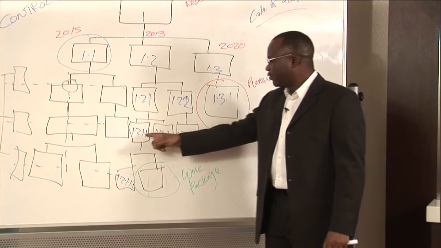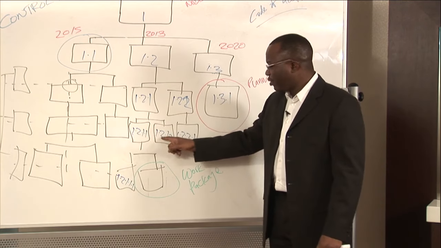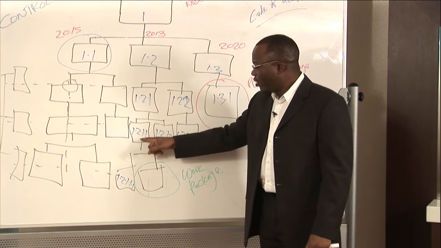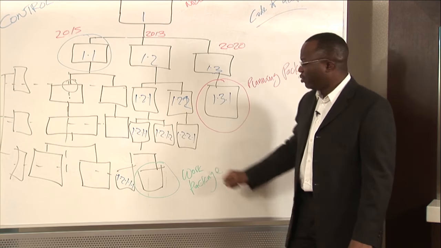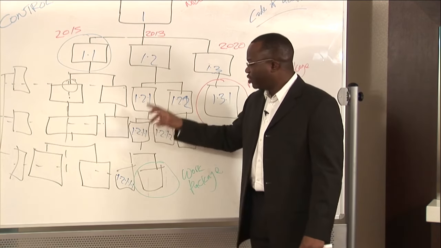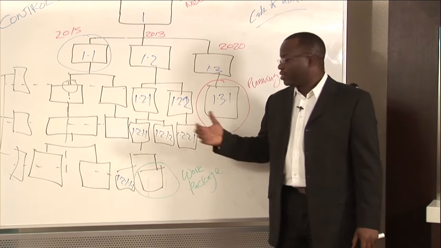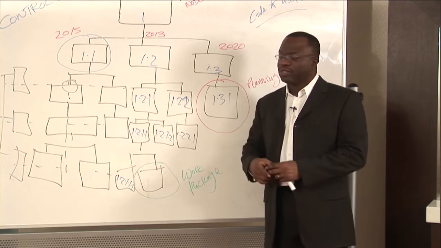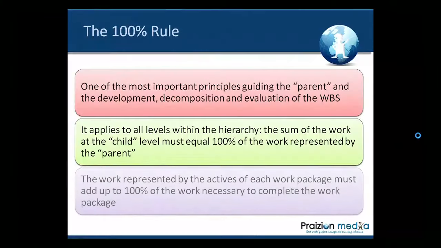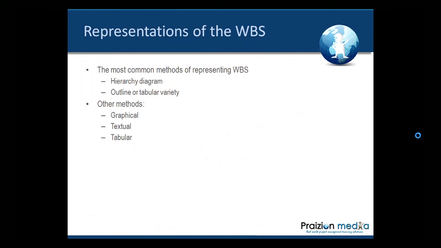If I add up the cost for 1.2.1.1 and 1.2.1.2, I should get the cost for 1.2.1, and the effort. So the addition of the lower levels adds up to that of the higher levels. And the work represented by activities of each work package must add up to 100% of the work necessary to complete the work package. So when we talk about a WBS, there are different ways we can view a WBS